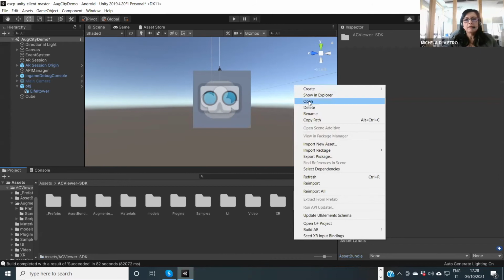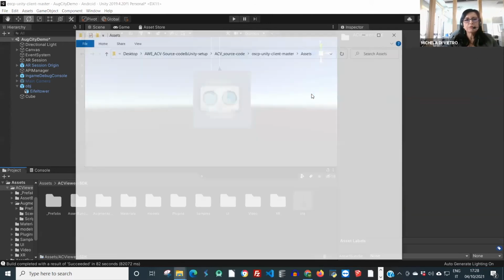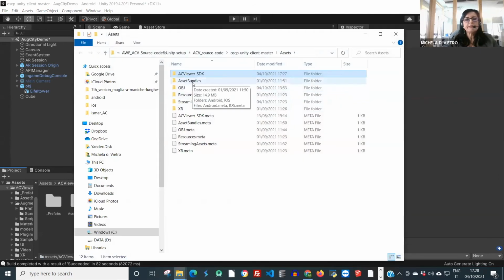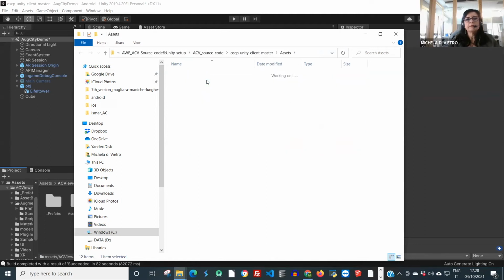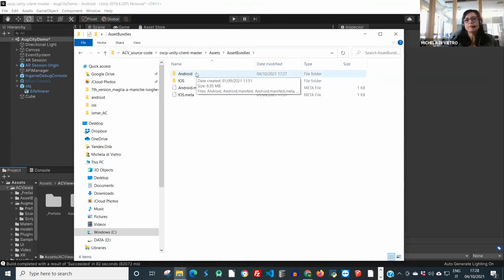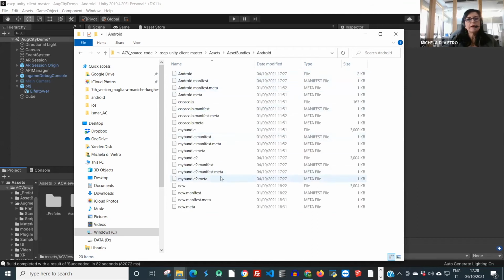Well, show in Explorer in order to reach the proper folder where you'll find your generated bundle. That is this particular folder. I click in here. There are two folders, one for the Android platform and one for iOS. Clicking for Android, I'll see my bundle.